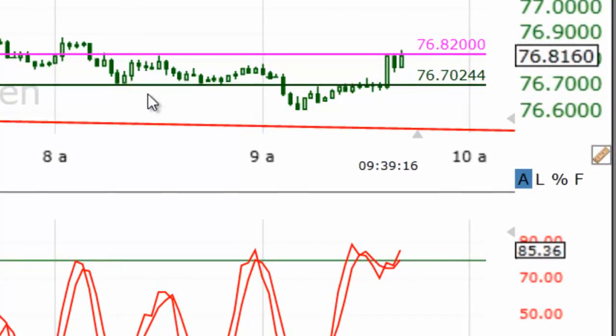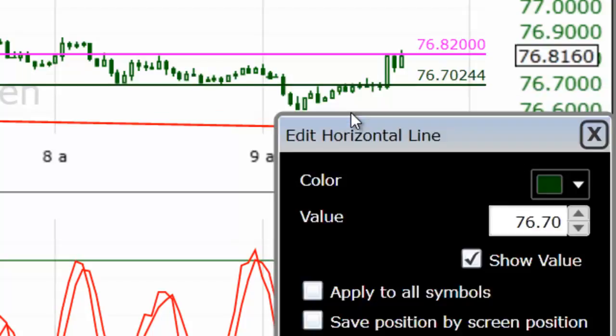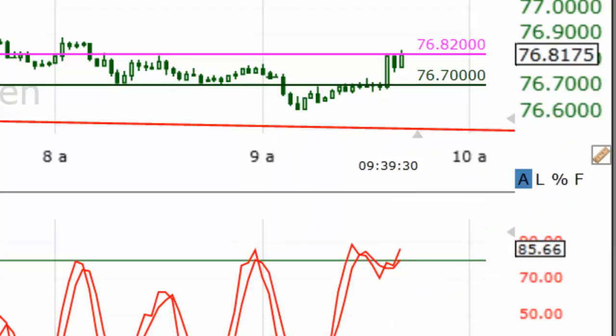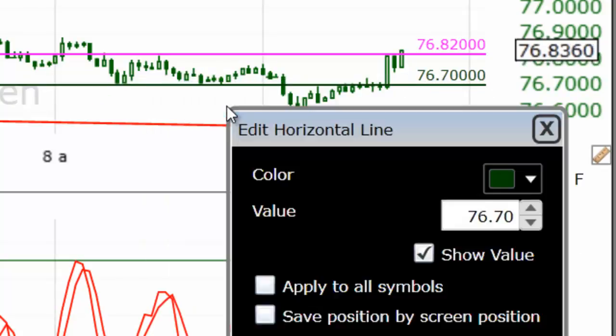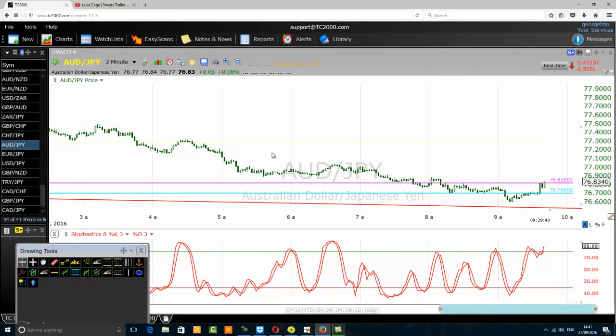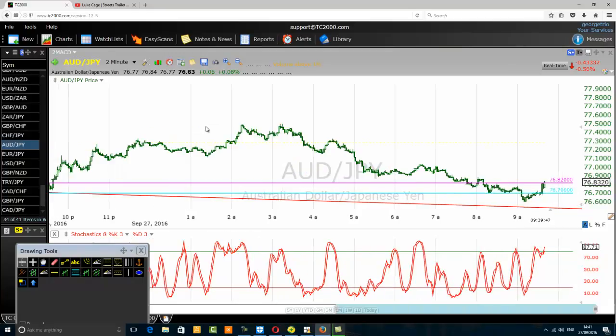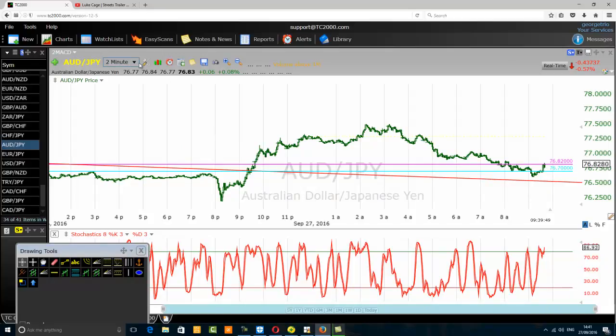12 pips, yes. Place my stop loss at 7670. 12 pips stop loss. All right, using a 12 pips stop loss. I'll color my stop loss in turquoise. Beautiful. So I'm now in this trade at 7682, stop loss at 7670. That's 12 pips stop loss. And I'm going back to the 10-minute time frame